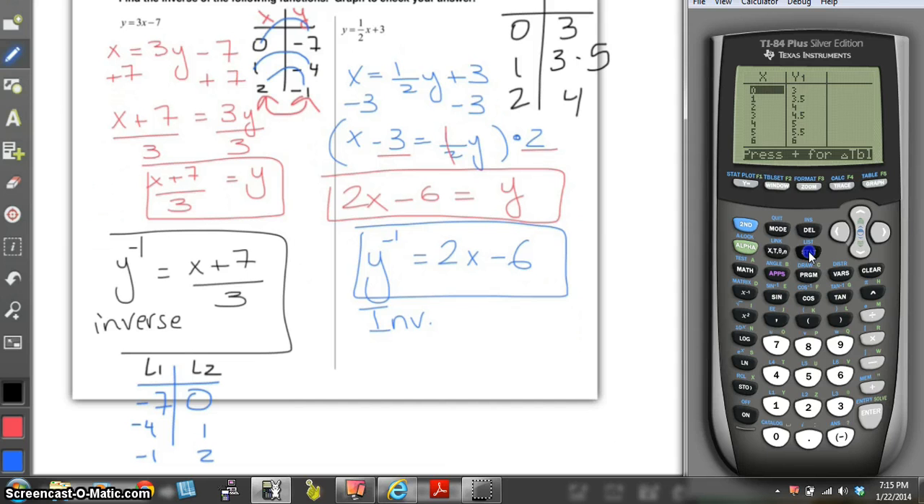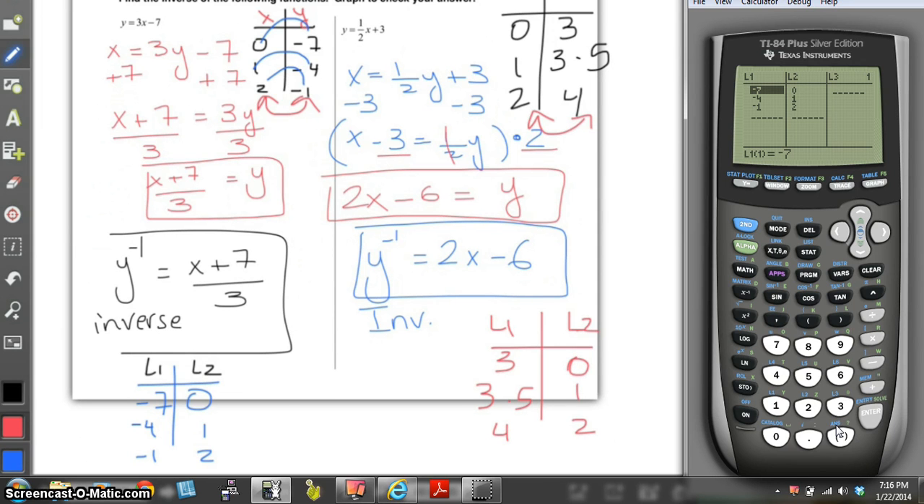Again, you go to Stat, then Edit, press enter, and now you need to enter the new points that you have. Remember, you have to switch them. So this will become the L1 and the L2, so let's switch them. You will have 3, 3.5, 4, and here you'll have 0, 1, 2, because this is how you get the inverse, by switching them. So go to Stat Calc and then you enter those in L1, so 3,